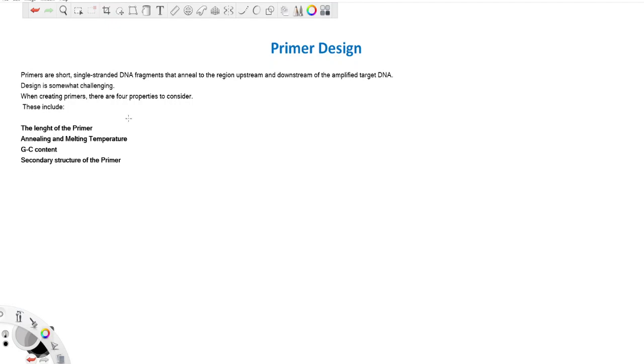My assumption is that you probably watched the PCR video, and this is just a continuation of it. Primers are short single-stranded DNA fragments that anneal to the region upstream and downstream of your amplified target. So I'm just going to do another drawing here. If this is your DNA region, this entire strand here, like this, and this as well. Now, what you want to do from our PCR reaction, you want to amplify this region that overlaps with the